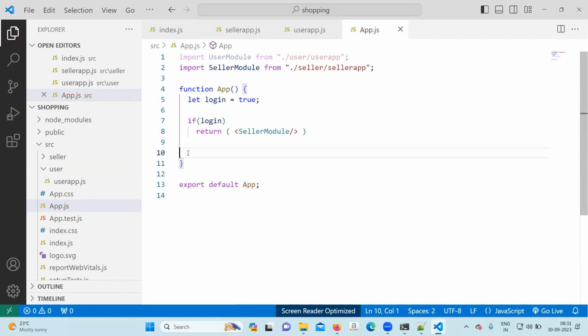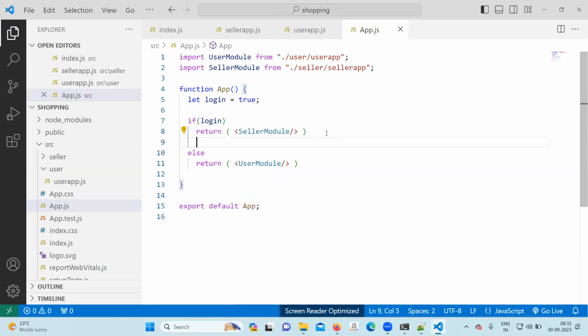Below, we can add else, else return user module. This way you can write if and else.